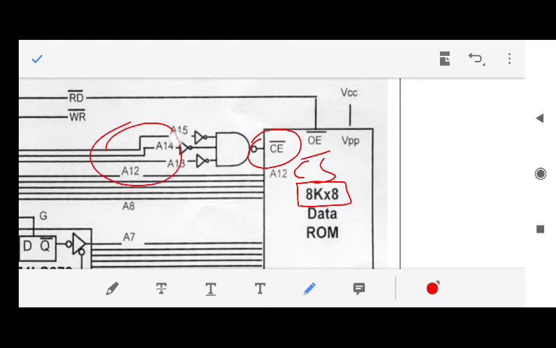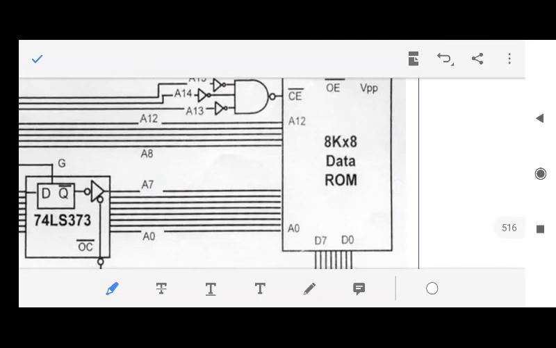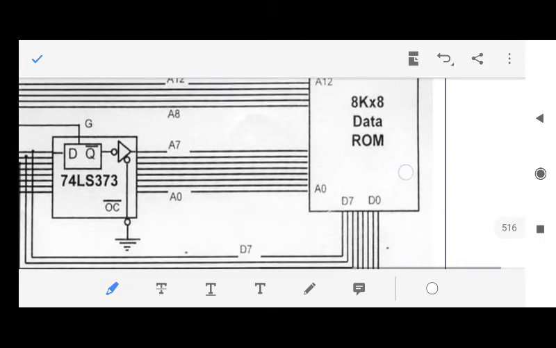Fine. Don't ignore these things. So these are connected to the remaining address lines. You can connect either through a NAND gate or through the decoder chip, which we have already studied in today's lecture. You can either connect the decoder or the NAND gate, as it is connected here to the chip select signal. Now what is the requirement? The requirement is 2 to the power 13, that is 13 address lines.